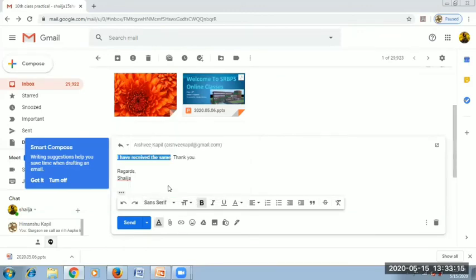Fine. So this was the highlighter. There might be text color over there, size is there, a number of options are here. Whichever you want to use, you can use that particular option. If you want to increase the size, you can increase the size as well. There are large sizes. Okay, so whatever you want to do with your file, you can do here. Fine. After that, I'm going to send it.